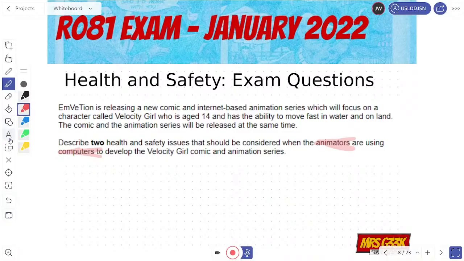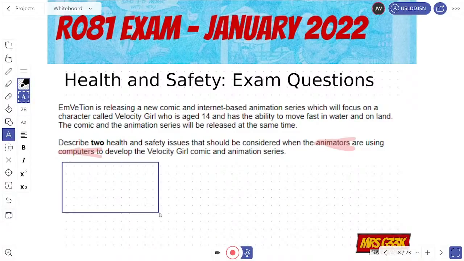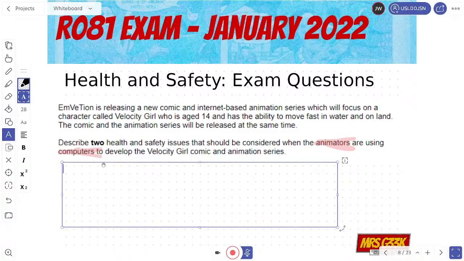So in this case, what we could do is, it's going to go on here. We're going to say make sure that the animators, because we want to mention a scenario in there, keep their eyes level with the monitor and are using it at a safe distance to prevent eye strain.